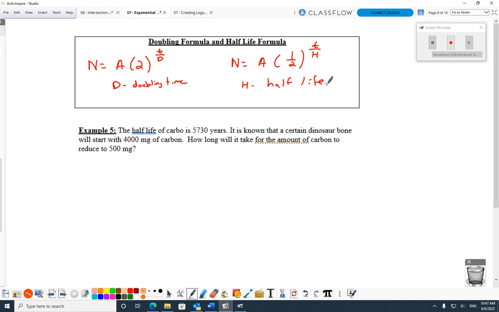When they find a dinosaur bone, they know very specifically how much carbon is in a dinosaur bone when the dinosaur dies. Let's just imagine for our examples that we know there should be 100 grams of carbon in there. Carbon decays at a very specific rate. Very, very specific. Shockingly accurate this is. So if they look at a dinosaur bone and half of that carbon is gone, they know 5,730 years have